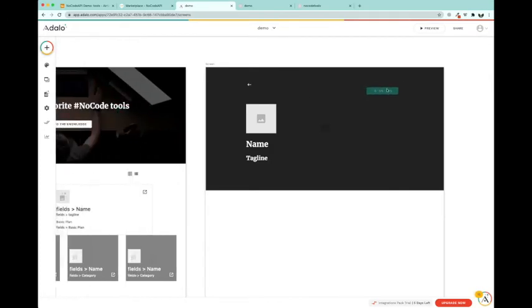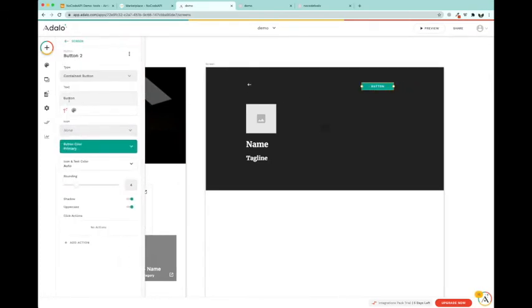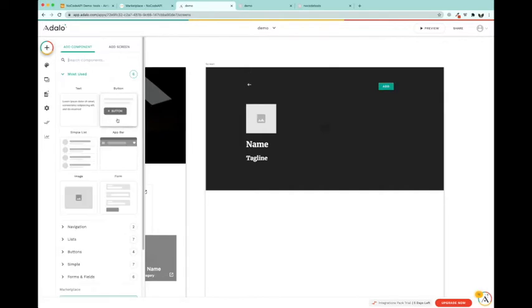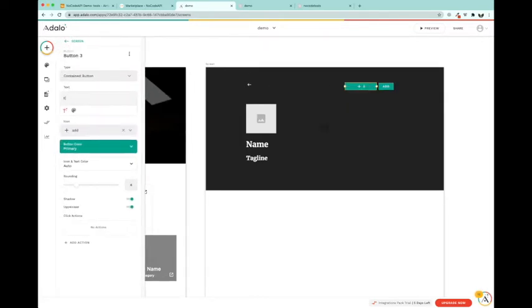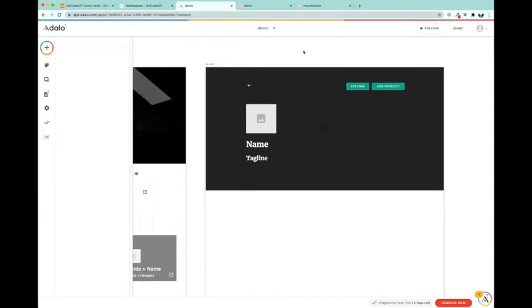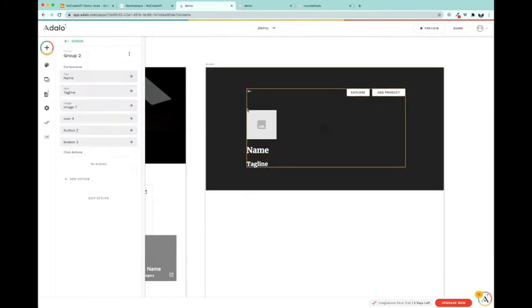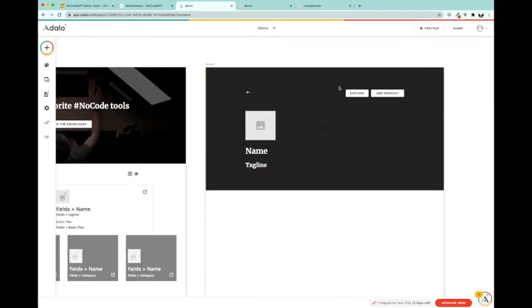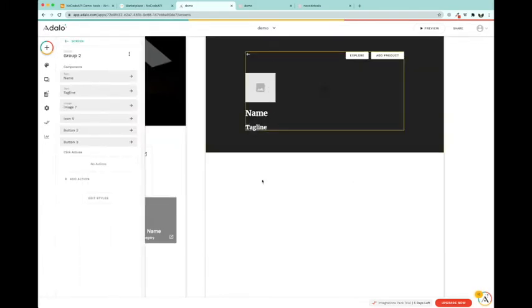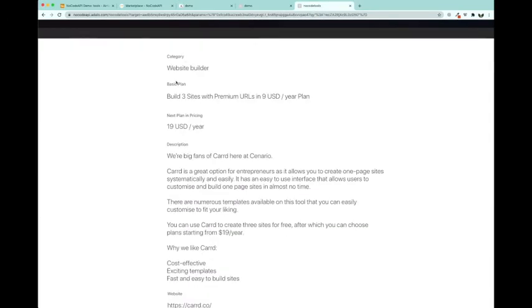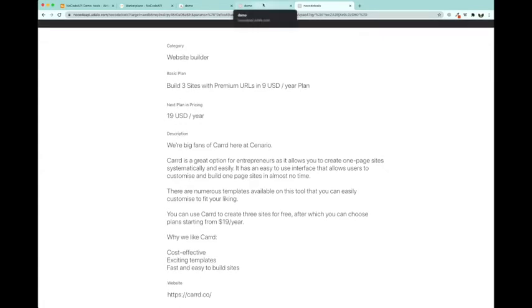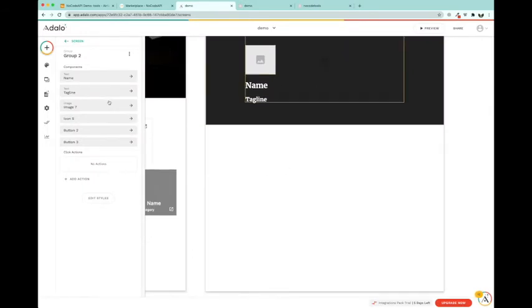Then we are going to add two buttons on the right part. Give it the name of add, and we are going to add another button and give it the name of explore. We're going to make it a group and it comes in the center. Alright, next thing is we are going to be placing the category, web, basic plan, basically 5 groups. So to place those 5 groups, we are going to add